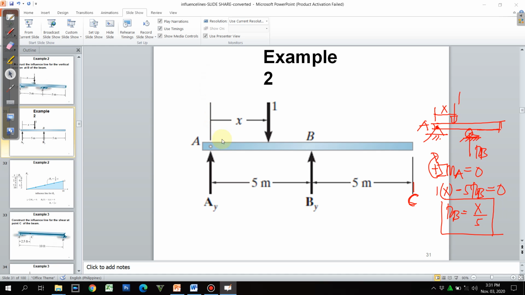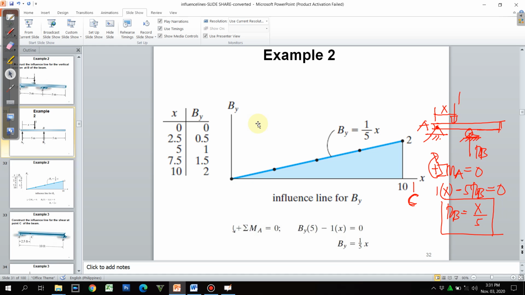So at segment AB, and then we'll transfer until this one. All we have to do here is to use this established equation. And again, you might want to take advantage of your calc function in your calculator. So these were tabulated as follows: 0, 2.5, 5, 7.5 until 10.